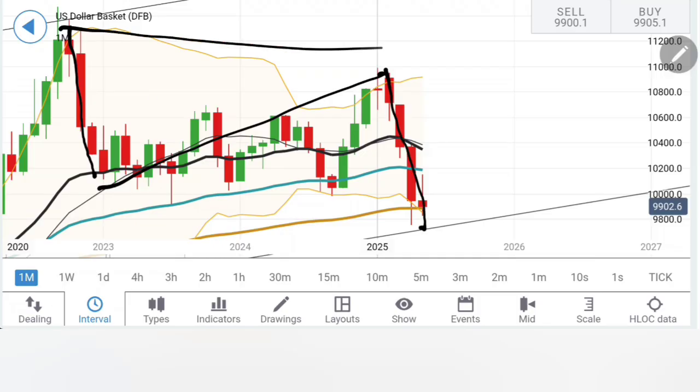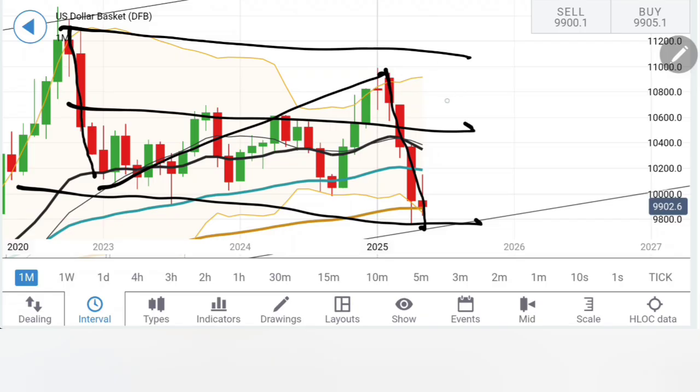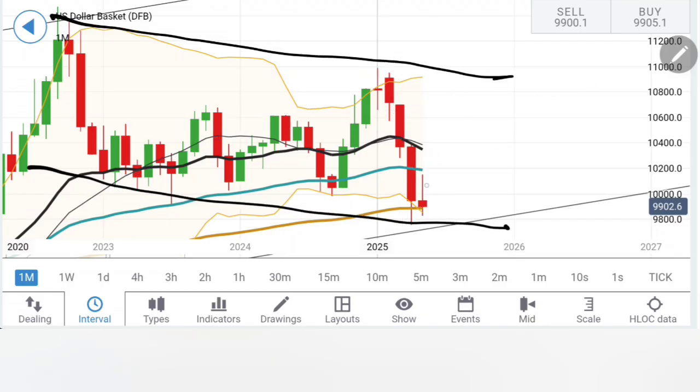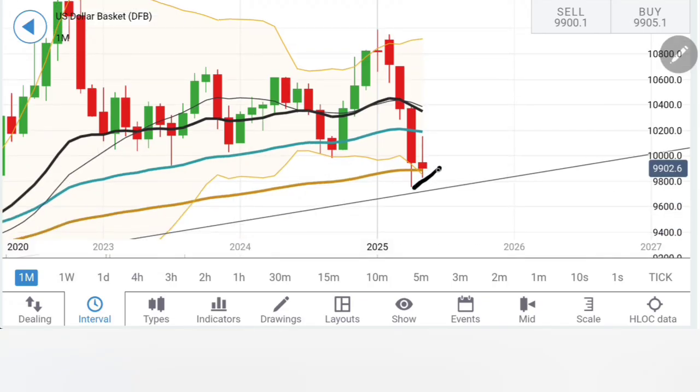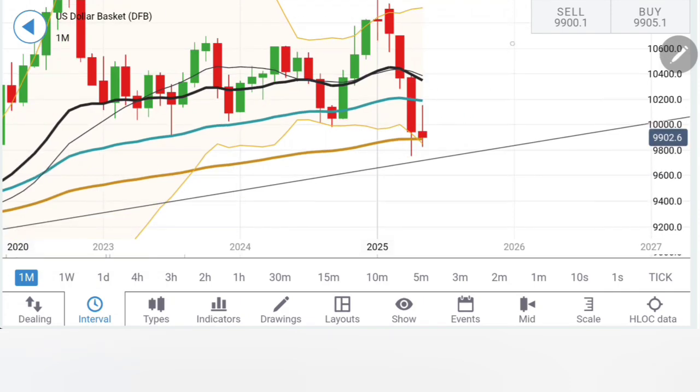Now, if you connect the highs and the lows, they are almost parallel and it's a nice sideways formation here. Can we consider that the lows are done? First we need to see, because the preceding candle closed at the bottom of the Bollinger Bands, the current candle expanded it, and now it is staying below 98 and then 97. This zone is very critical.